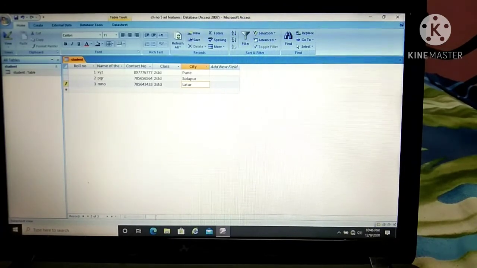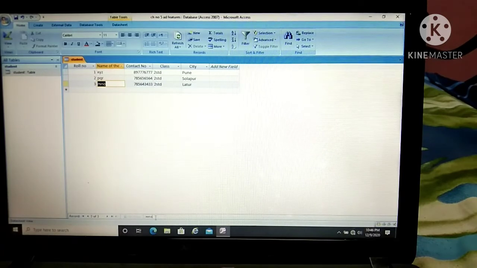And if you don't remember anything from that record, at least any information like the name of the student or the roll number, anything you want to search. So here you can search by name, like I will type MNO. You can see when I type MNO in the search box, it's automatically highlighted. So searching in your Access, it's quite easy, right?